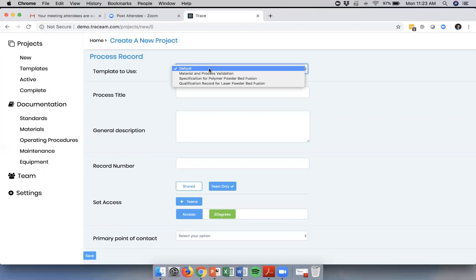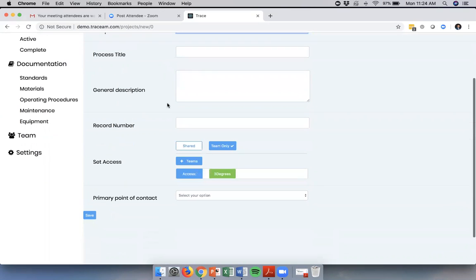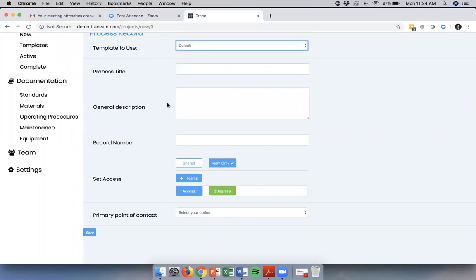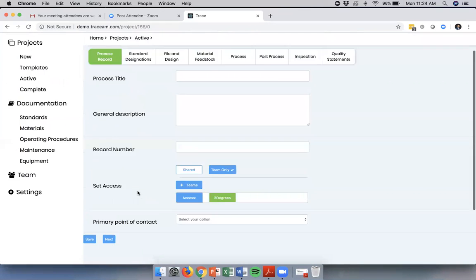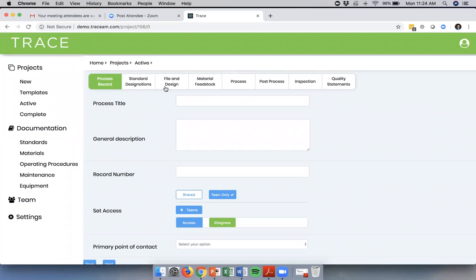But essentially what the template does, and we define templates on 2 different approaches. One is what standard you might want to be looking at for your specific workflow. If it's an FAA specific, FDA, or ASTM specific approach, or if it's a specific type of technology that you're using, laser powder bed metal versus electron beam versus FDM. So both of those designate a template. So we'll leave it at default because I'll show that's more of a standard metals approach. So click save here, and then what happens is you start to see